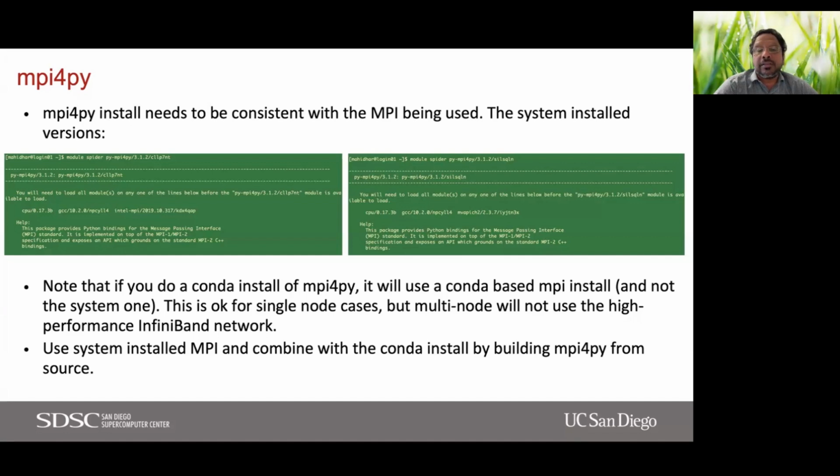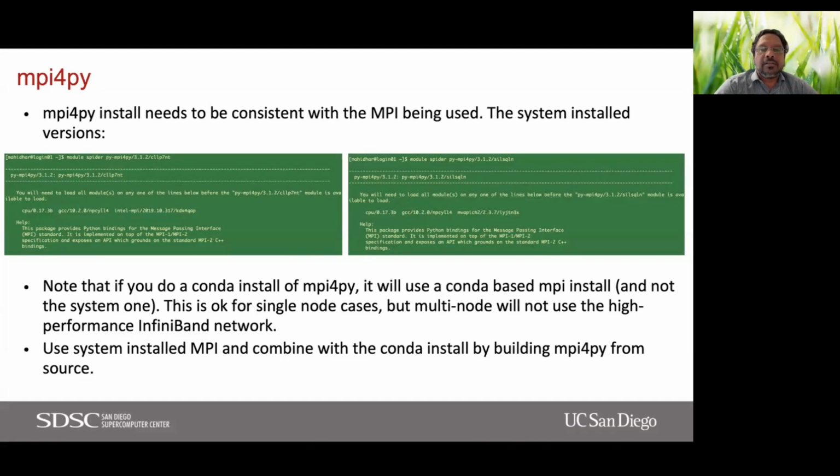But that's the way to go, is you'll have to pull in an MPI on the system level and then do a conda install of MPI for Pi from source. So you would download the MPI for Pi source and then do a conda install. And when you do that, it will actually